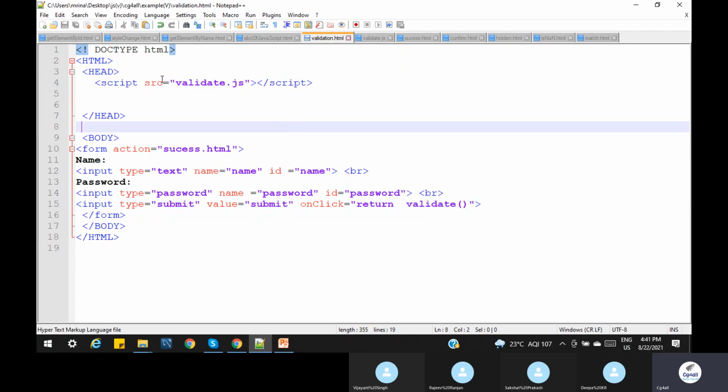We use src and give the path where our JS file is residing. In our current example, I am using the same folder. But this is not a good practice. We have to create a JS file and store it, and the extension of the file name should be .js. Let me open that file also.